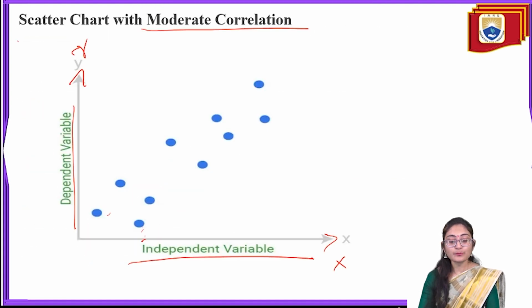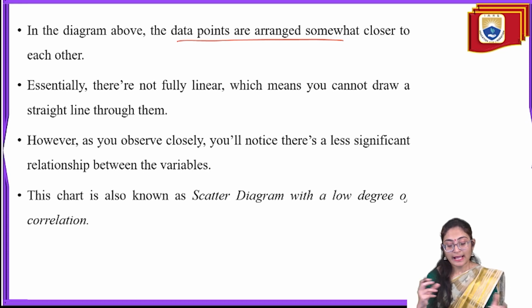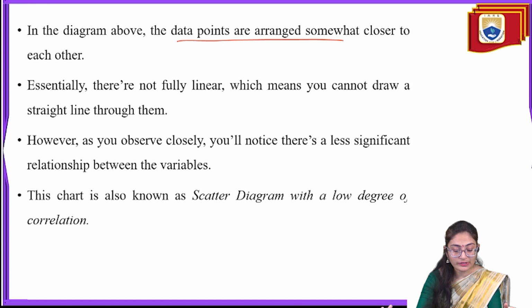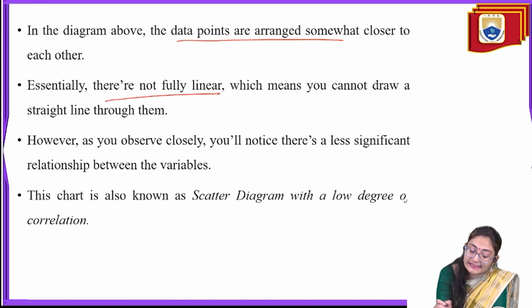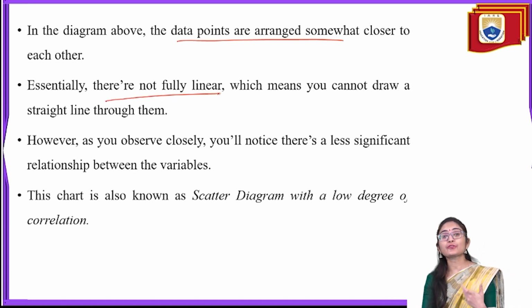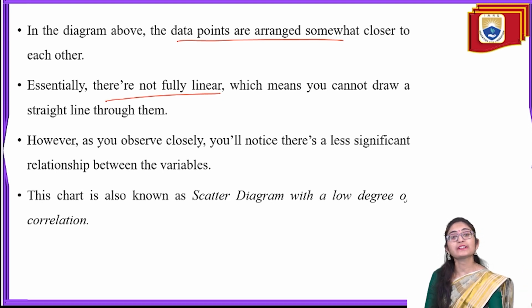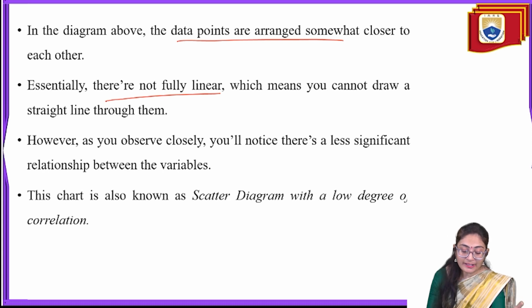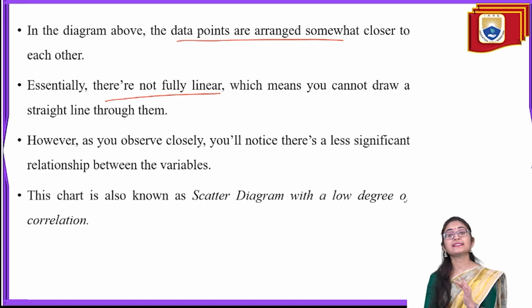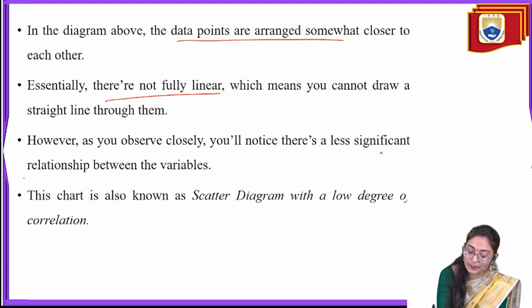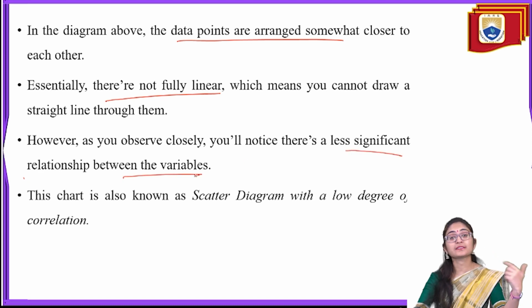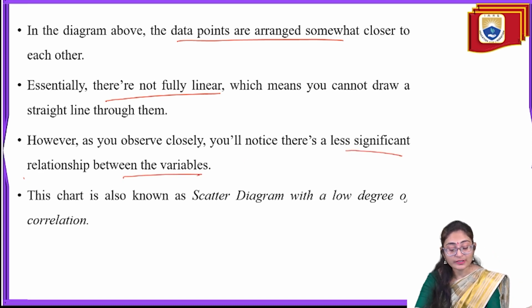But in moderate correlation, these data points are arranged somewhat closer to each other. They are not fully linear, which means you cannot draw a straight line through them. But in strong correlation, we can draw a straight line through them. As you observe closely, you will notice that there is a less significant relationship between the variables. But in strong correlation, it is showing a strong relation between the two variables or two or more